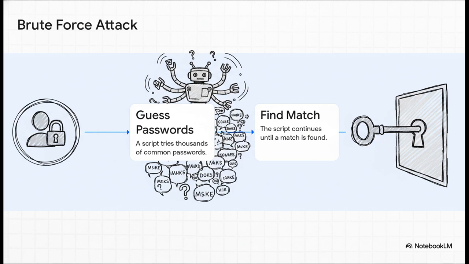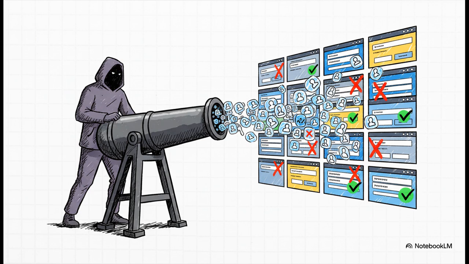The first method is really just pure, relentless effort, the brute force attack. An attacker just points a script at your username and it starts guessing passwords. 1, 2, 3, 4, 5, 6, password, QWERTY, running through millions of combinations a minute until bam, one of them hits. It's like a robot trying every single key in the world on your front door until it finds the one that fits. But that brute force method, it can be slow. The second method is way more common, and frankly, a whole lot more efficient for the bad guys.